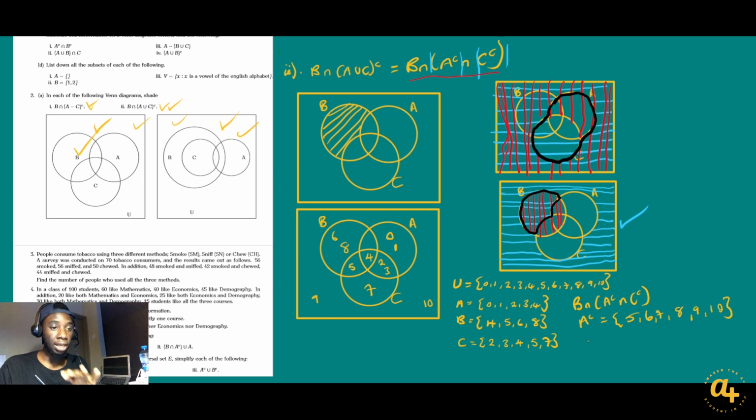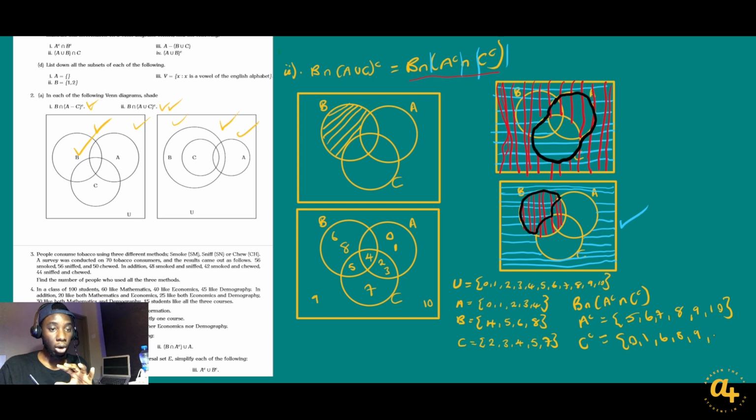Alright, so these are the elements in the set A complement, and we're also now going to move on to find C complement. When we look at set C, it has the elements 2, 3, 4, 5, and 7. Therefore, C complement is going to comprise the following elements: 0, 1, 2, 3, 4, 5 are there, and then we're going to move on to 6, and then we're going to have 8, 9,